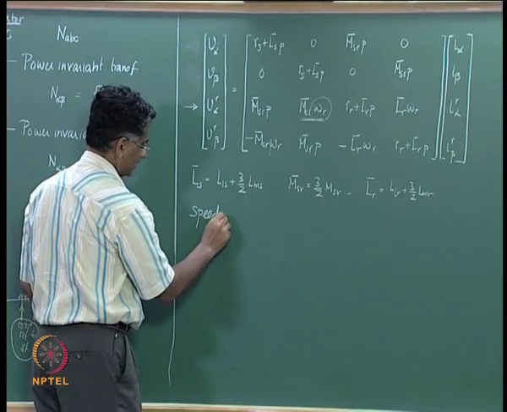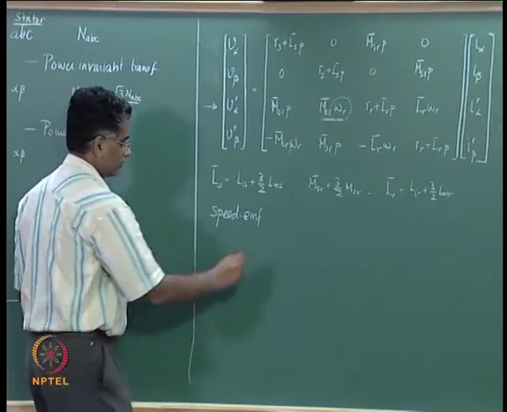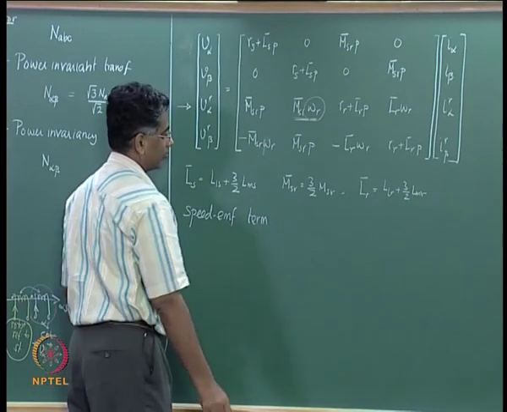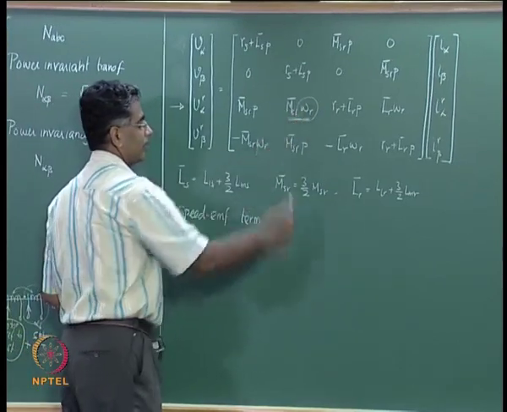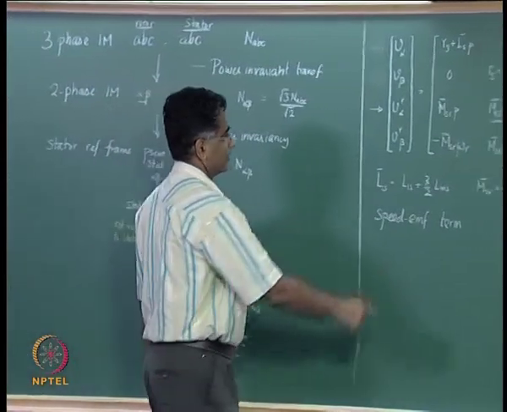It is called as a speed EMF term. So speed EMF term is so called because it appears to arise due to speed, for if the speed were equal to 0 then this term would vanish,